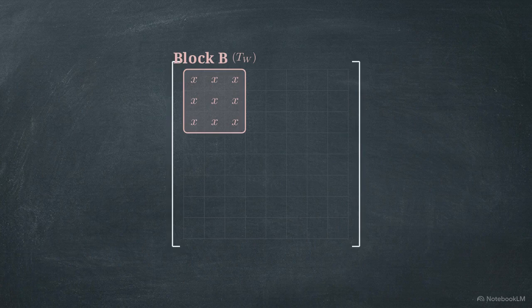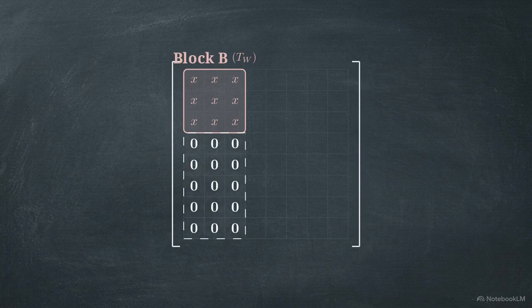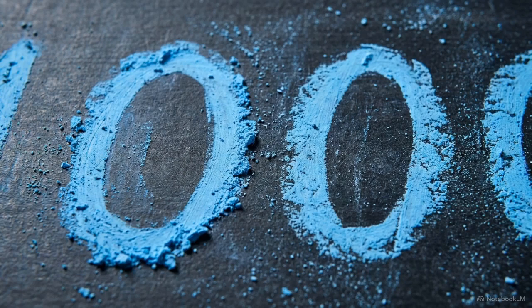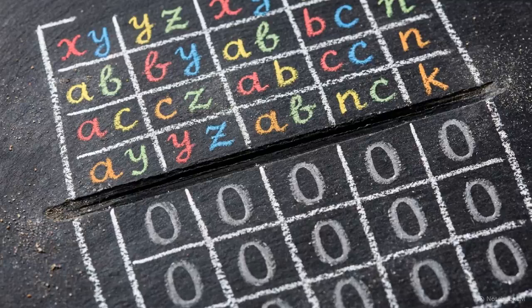This block represents the operator acting solely within the restricted boundaries of the invariant subspace W. Directly below it, the lower left quadrant becomes a block of absolute zeros. This gives the overall matrix a block upper triangular form. Those zeros are the algebraic manifestation of invariance. They show that any vector originating inside the subspace W stays within W, never leaking into the other dimensions of